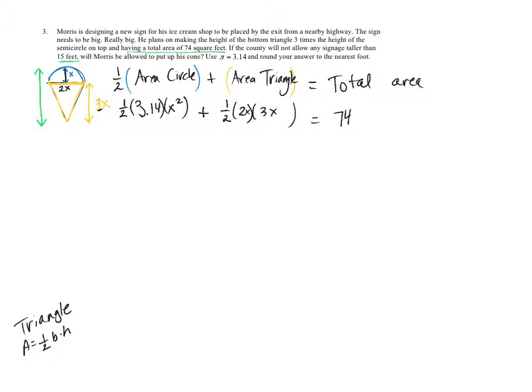So 1/2 of 3.14 is about 1.57. And then half of 2 is just 1. 1x times 3x is 3x squared, and that's equal to 74. So I'll combine my like terms, and I'll get 4.57. Oh, that's an x squared. Okay. x squared is equal to 74, and dividing both sides here by 4.57, I get that x squared is approximately